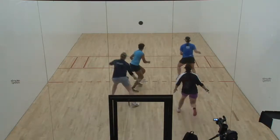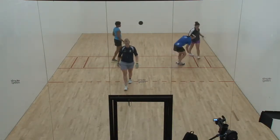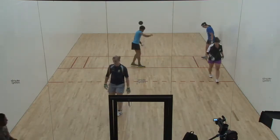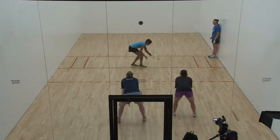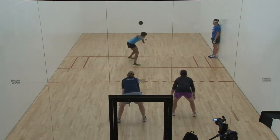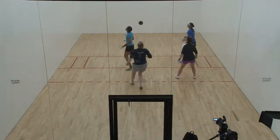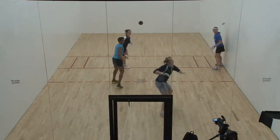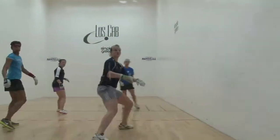Nice serve. Good serve. See, now that should be Tracy's ball. Although they get the point, Tracy and Bailey need to talk a little bit. Tracy wants that. Always let the server take the next shot. 16. You might disagree with that, Fred, but... Well, if it goes to the server, I agree with you. The server wants to stay hot, wants to stay in the box, and they deserve to put the fate in their hands a little bit more than...